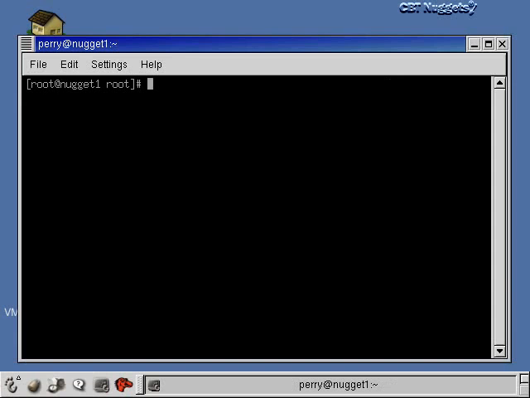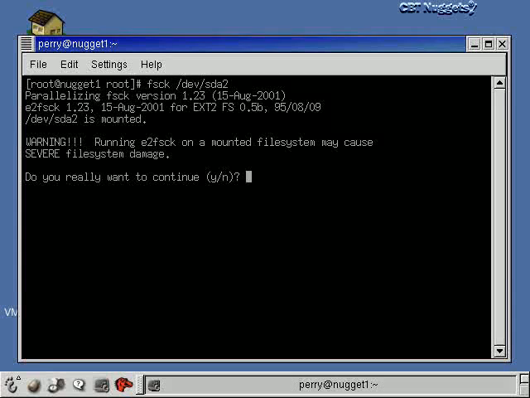The last command of the trilogy of commands that can really mess up your file system if you're not careful is the fscheck command. And this command checks the file system for errors. Okay? What we do is we give it a particular device or partition that we want to check, and here I'm going to check the dev SDA2 partition. Now when I run this,